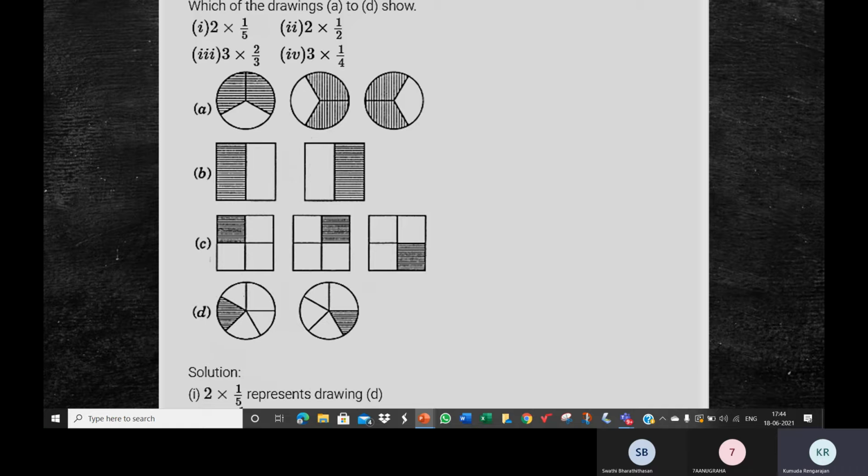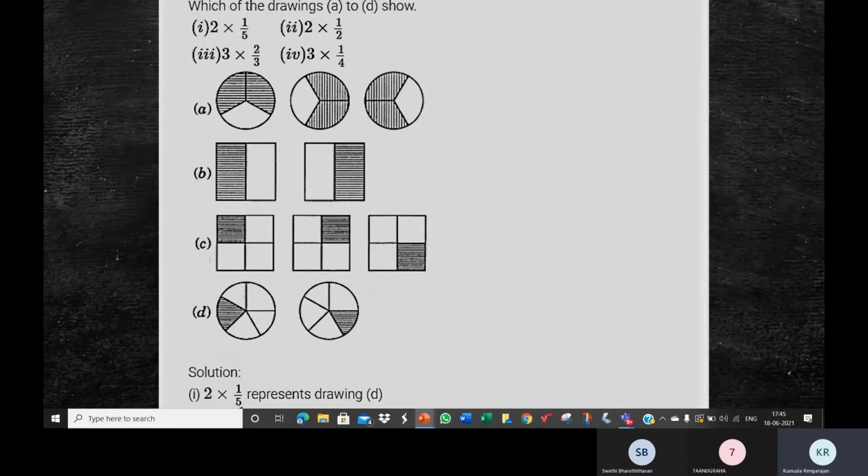There's another one like that. This is representing the same thing. 1 region shaded out of a total of 5 regions. So the first circle is 1 by 5. The second circle is also 1 by 5. 1 by 5 plus 1 by 5 is 2 into 1 by 5. Like how you say 4 plus 4 plus 4. That's how we do it when we don't know multiplication tables. If you don't know what 4 fives are, you do 4 plus 4 plus 4 plus 4 plus 4 and you get the answer. So like that, if it is repeated addition, it's multiplication. 1 by 5 plus 1 by 5 is 2 into 1 by 5.